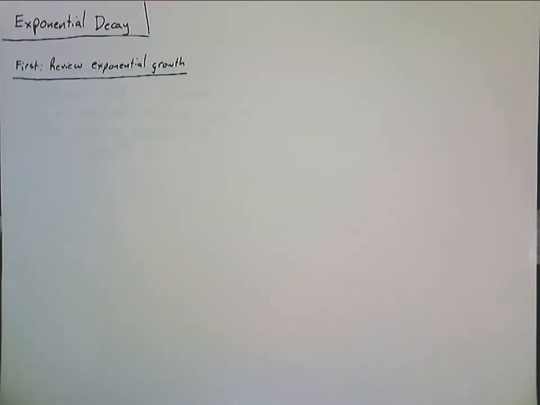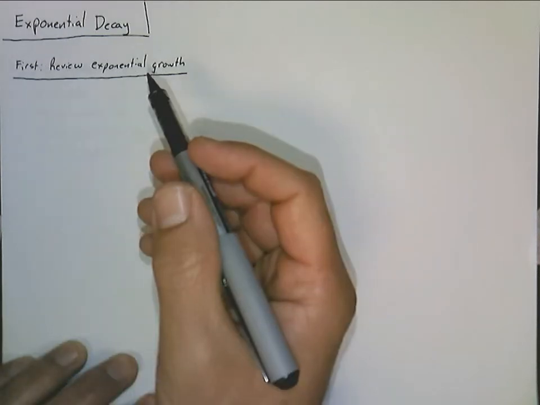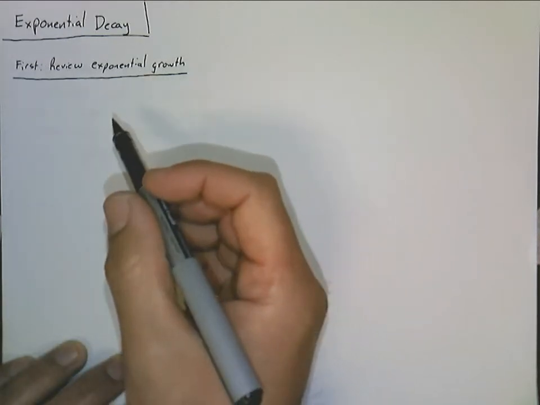Today we're going to talk a little bit about exponential decay. First, we're going to review exponential growth just a little bit, just because I took a little detour there and talked about some compound interest versus simple interest, but we also saw that compound interest was an example of exponential